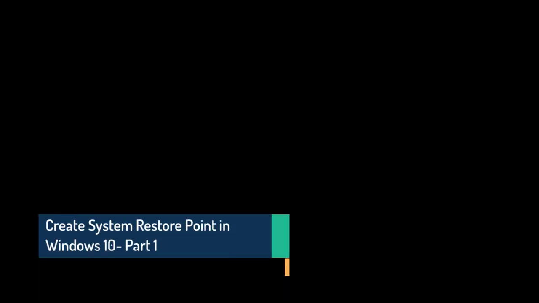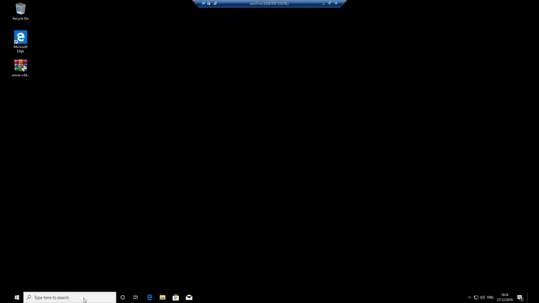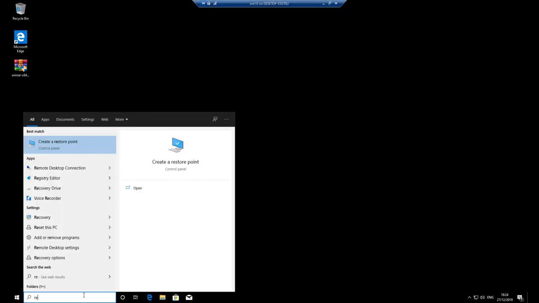So today we're going to look at how to create a system restore point in Windows 10. This is part 1. It's a fairly straightforward process. If you go to your search bar and type in restore and then left click on create a restore point,